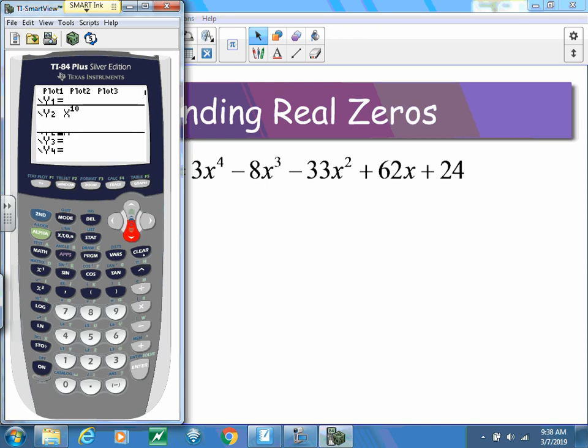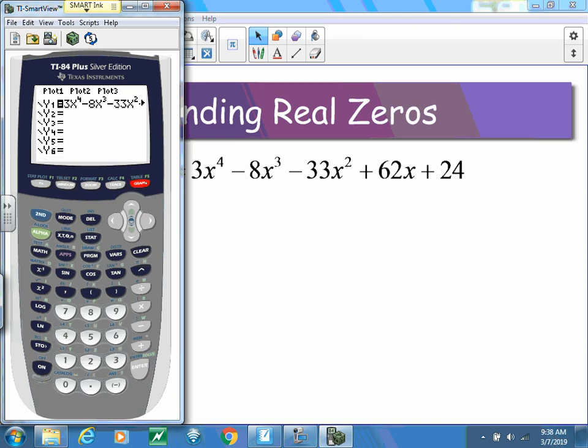All right, so I have to go back and do a few things here. First of all, I'm going to clear out my equations, and then I'm going to do the standard window. So zoom 6, that gets me into my window. Now if I go ahead and plot this out, so 3x to the 4th minus 8x to the 3rd minus 33x squared plus 62x plus 24,